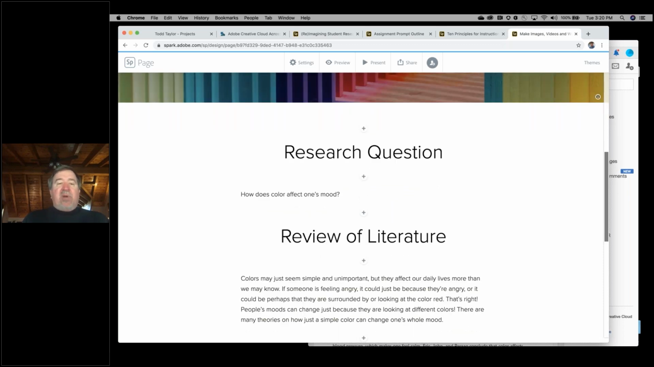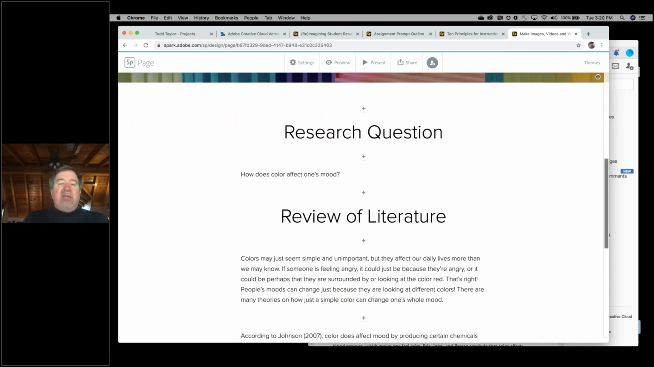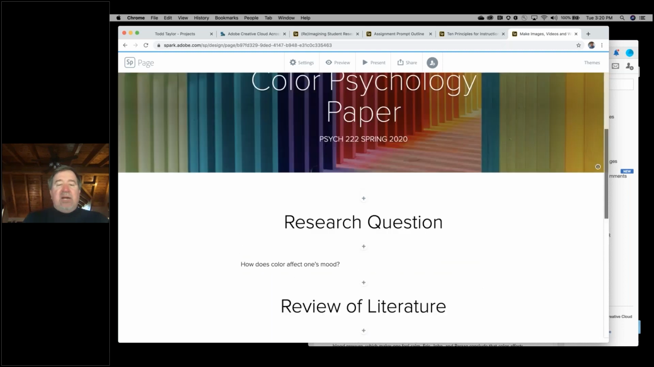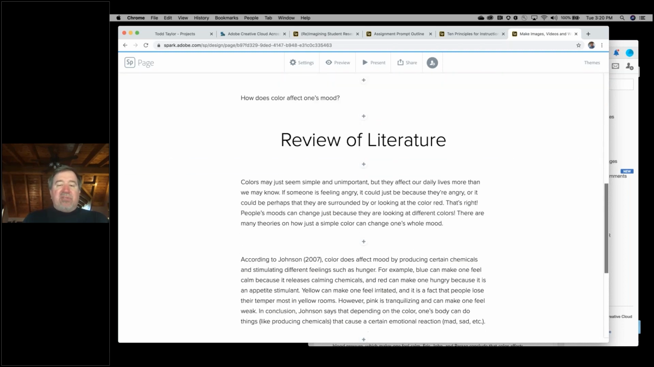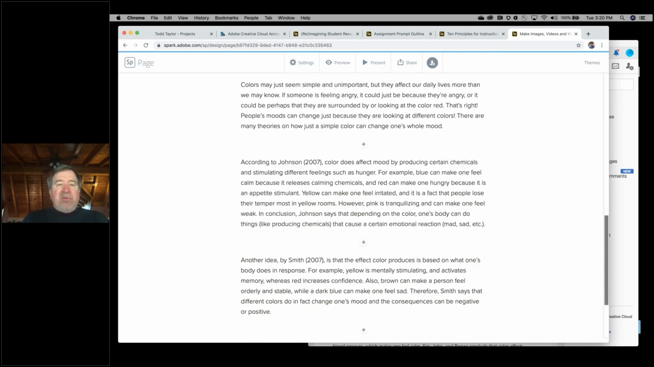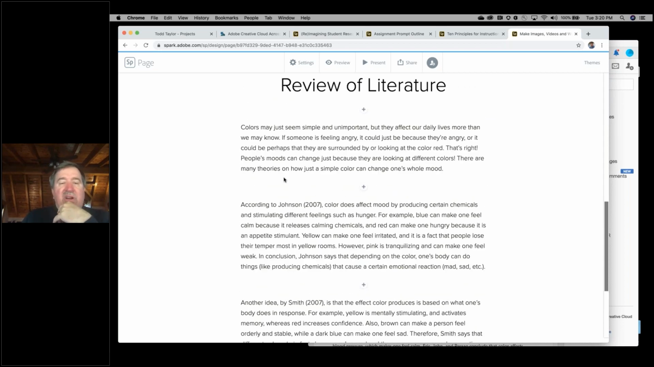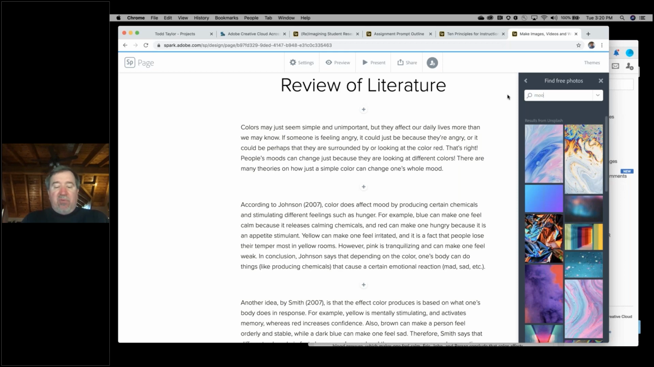So I quickly started cutting back and forth, and immediately we start to see that it starts to look like a conventional word processing document. But if we're going to read this, it's arguing that color may seem simple and unimportant, but it really has a profound effect on our daily lives. Color does affect mood, okay? And so wouldn't it be compelling if I could have a visual narrative or an image that somehow reflects exactly what that suggestion is? So instead of color now, I'm going to type in the word mood and see what